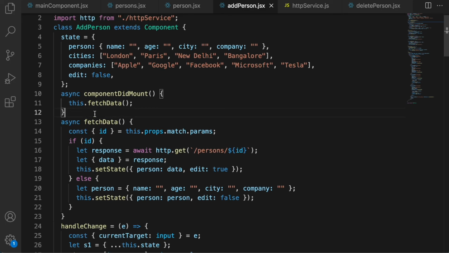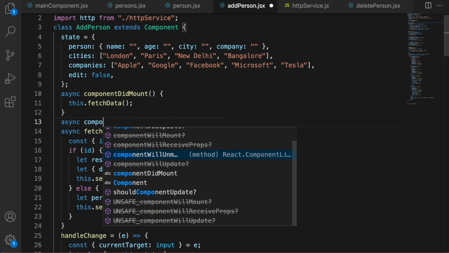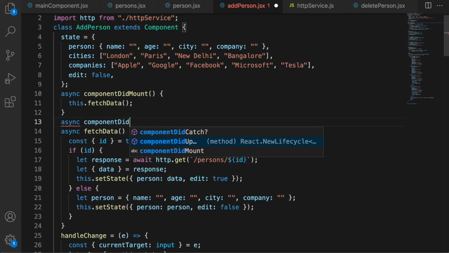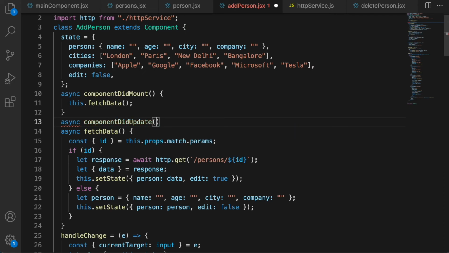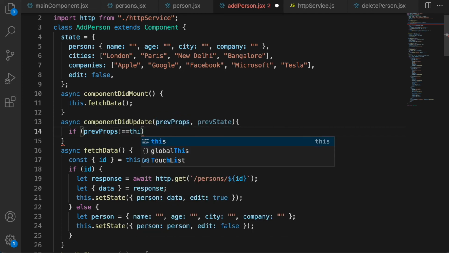So we did a component did mount. Similarly, we should say an async component did update, previous props comma previous state. If previous props is not equal to this dot props.